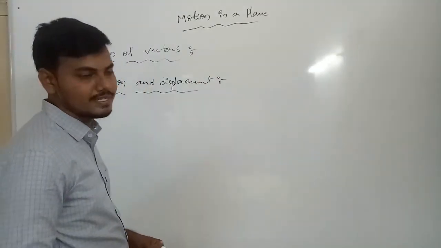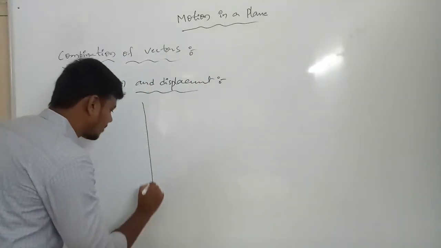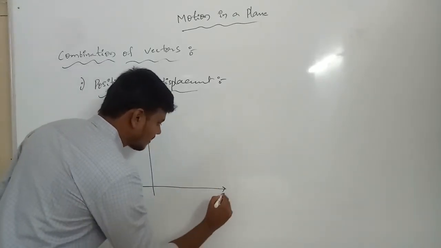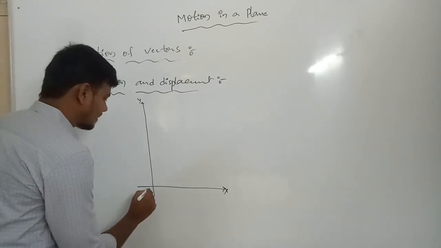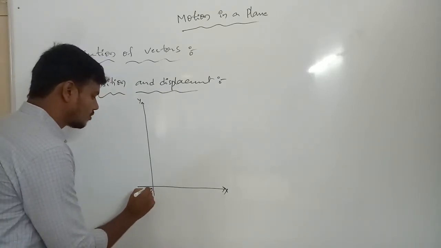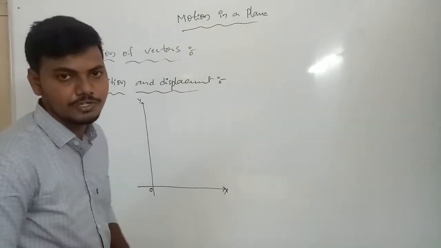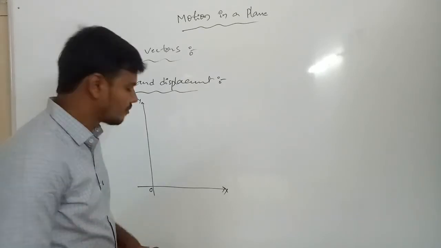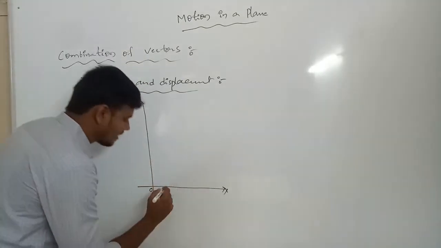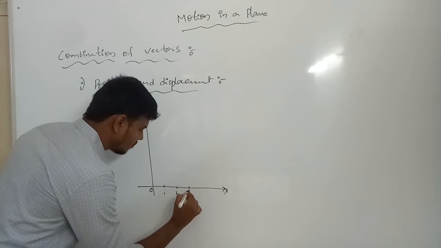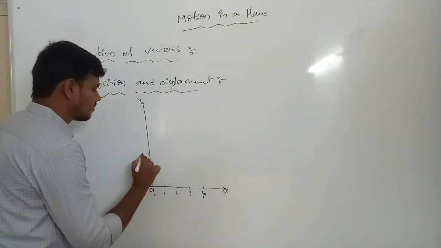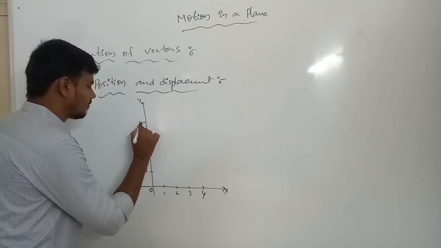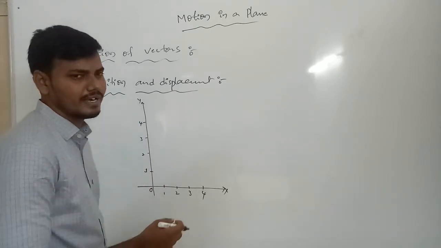Now the graph of positions. This is the graphical system. First we take the x-axis and the y-axis, with the position at the origin. For example, some coordinates we are introducing: 1, 2, 3, 4. The same 1, 2, 3, again 4. This is the best example.